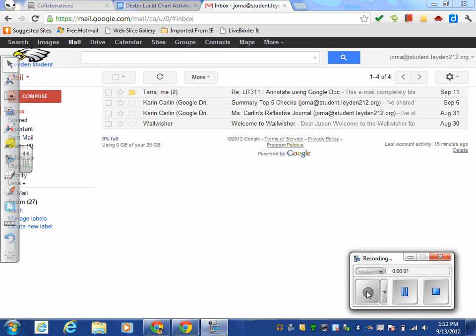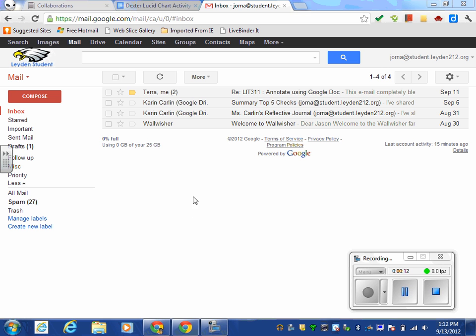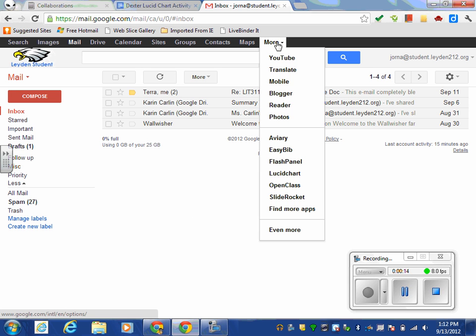So here we go. Here you are looking at the Gmail account through Leiden. What I would like for you to do is go up to More, like you are going to go into your open class, but instead of going into your open class, you are going to scroll down until you see this wonderful tab entitled Lucid Chart, kind of like lucid dreaming,